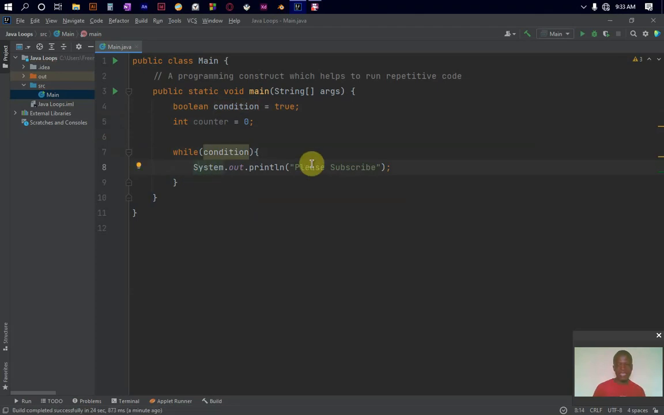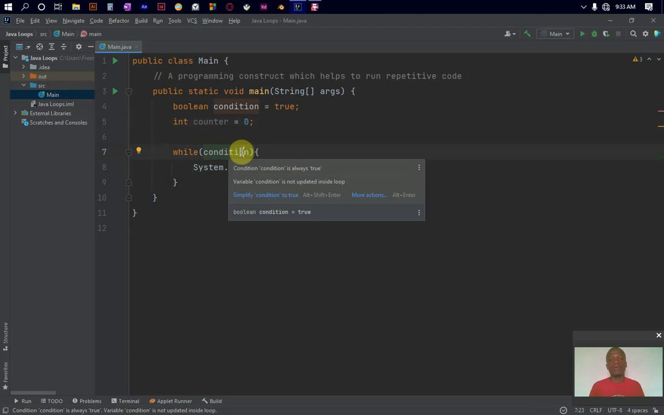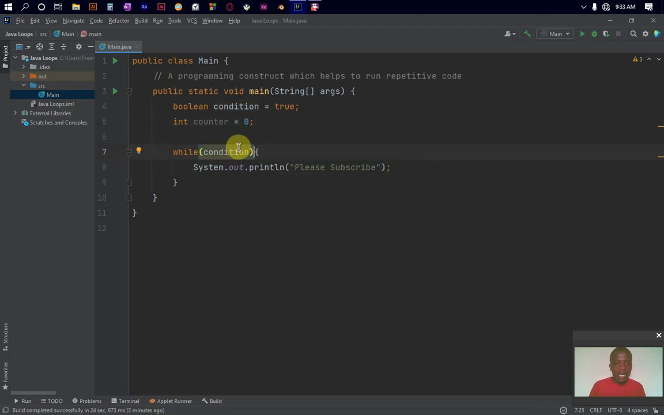And then during the execution of our code, we need to increase the value of the counter so that the counter can be able to control this execution at some point, right? So that this counter variable can turn this to be false at some point. How are we going to do that? We are just going to say